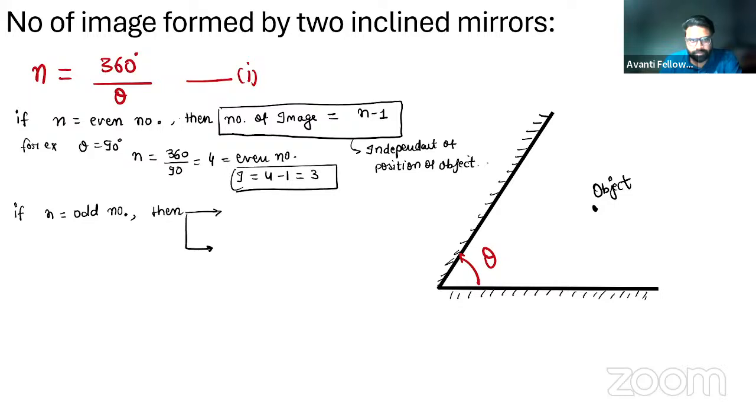If the particle is present at एंगुलर बाइसेक्टर. तो अगर पार्टिकल एंगुलर बाइसेक्टर पे है, तब जो नंबर ऑफ इमेजेस बनेंगी, नंबर ऑफ इमेजेस n माइनस